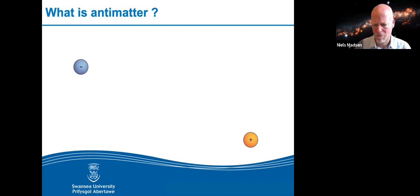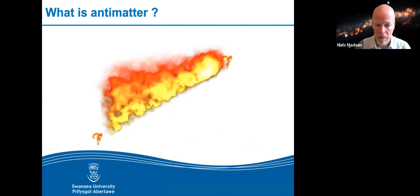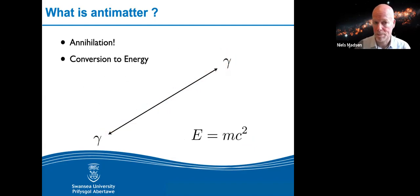Okay. So that's all very nice. You have these oppositely charged particles, but what's anti about them? Well, one thing that's anti about them is that if matter and antimatter meet, they annihilate. Okay, what does that mean? Well, that means that, for instance, if a positron and an electron meet, like in the cartoon you just saw, they will both vanish, and all their mass is converted into energy according to Einstein's famous equation, E = mc squared, so the mass times the speed of light squared, that you see down in the lower right corner there. Okay, so I've described the release of all its energy as 2 photons here, so that's what the gammas and the arrows indicate. So 2 photons come out of this annihilation, and it's converting all the mass into energy